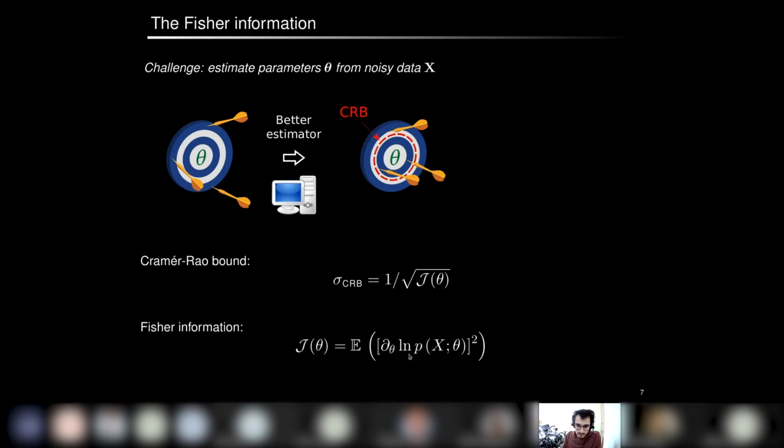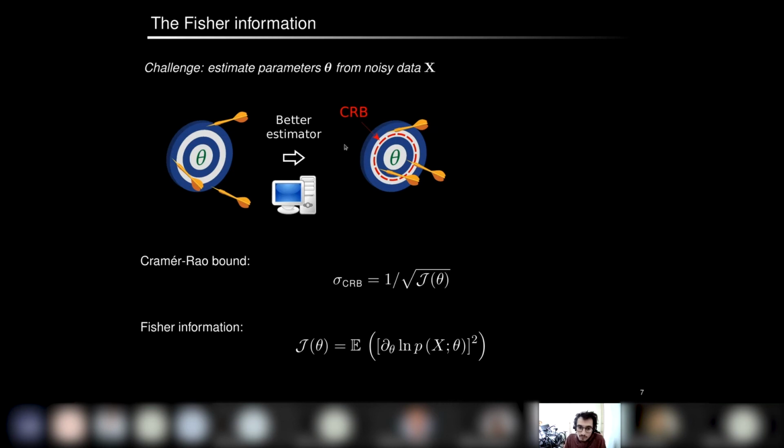I'm just showing you here the formal definition of the Fisher information, which is expressed as an average value over the noise fluctuations, and it uses the probability density function. It's just to show you that it's a very general formalism which can include any probability density function. So what you need to know to calculate this is what probability density function is used to describe your data, and how it depends on theta. If you're able to answer these questions, then you can calculate the Fisher information and the Cramer-Rao bound.